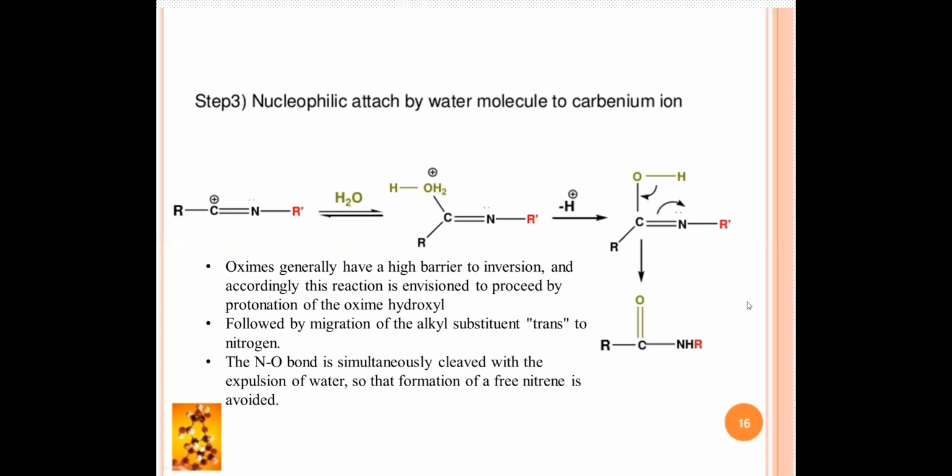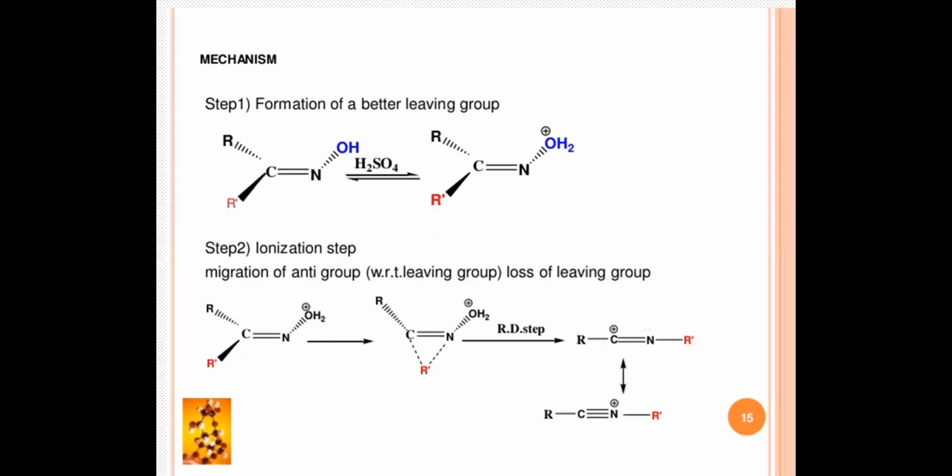Once this carbonium ion is formed, it gets attacked by water. These two can be in tautomeric form, that is, there will be a resonance. The positive charge can be on the carbon as well as the nitrogen, because the lone pair of electrons on nitrogen can be donated to the carbon, so there is an equilibrium between the two resonance forms.